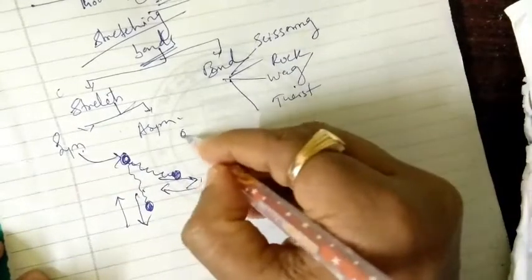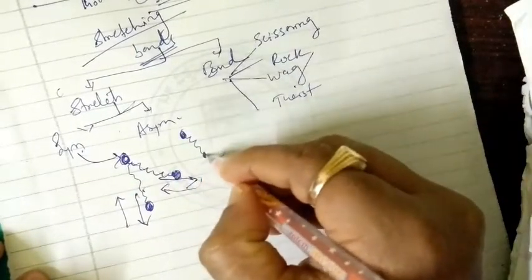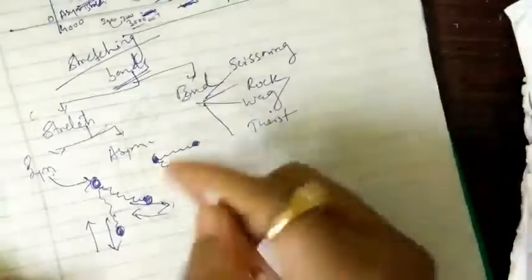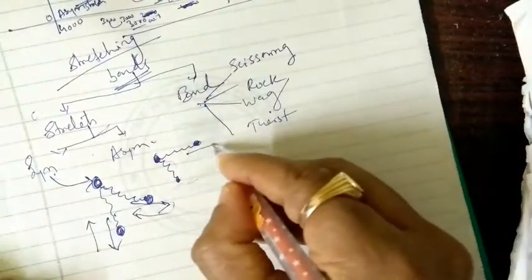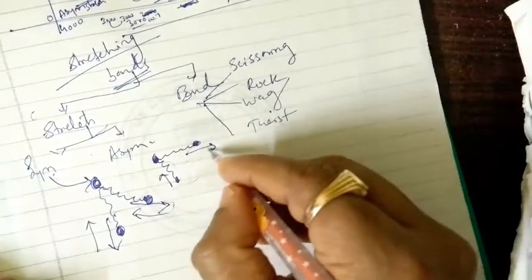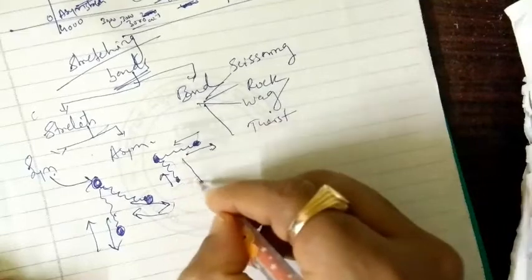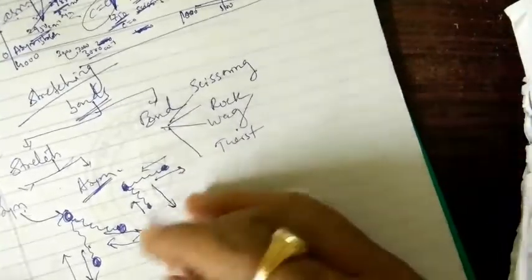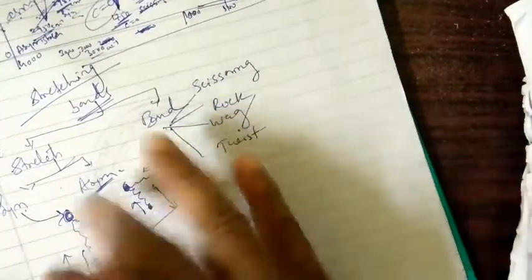Asymmetric means what? Same thing here. This is a bond in the form of a spring, we can denote it here. And asymmetric means when this is elongated and this is shortened. So they are opposite, then again this will be shortened and this will be elongated. When such type of stretching happens, we call it asymmetric stretching, okay. This I think you will understand very easily.